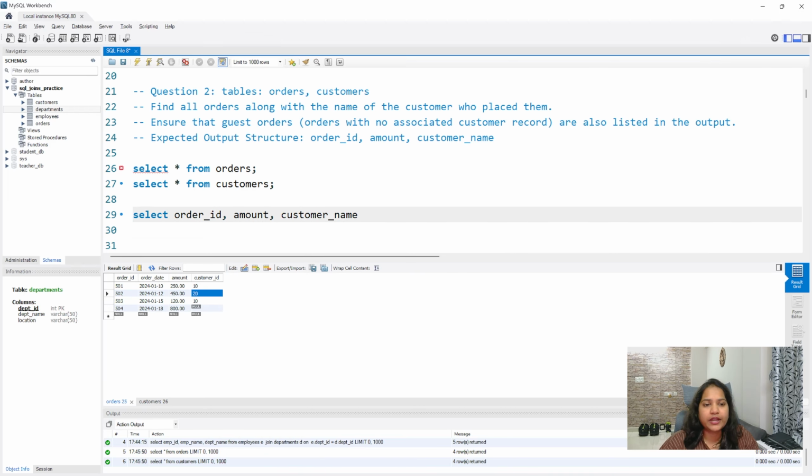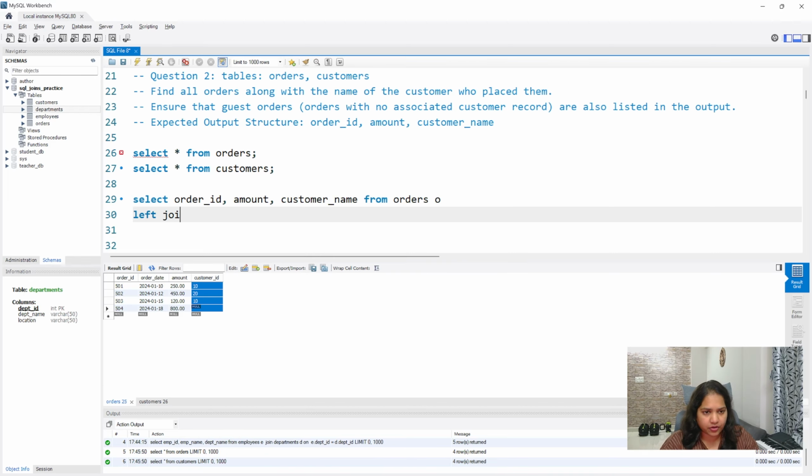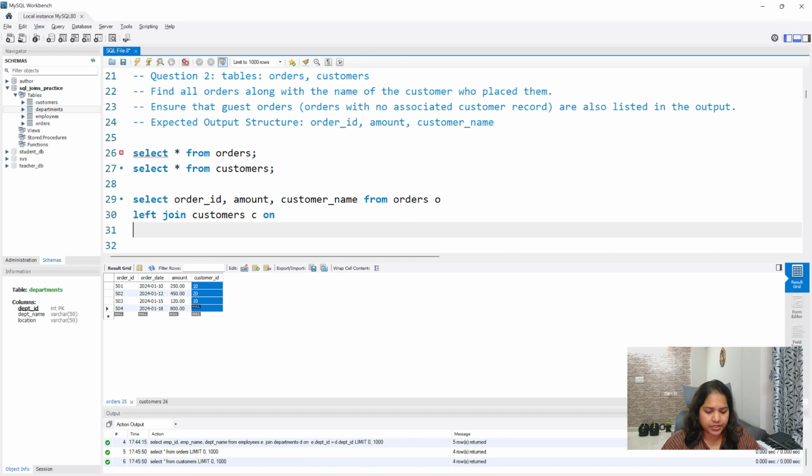Okay. So now you write the table name, and which table is more important to us? We need the order ID. Order table is more important to us because you're getting the order ID from this one, amount from this one, and for this particular customer ID, you are just trying to give the customer name. Okay, so the more importance is given to the orders table. So this will be my main table. Okay, so from orders table, I'll name this as O. Then I'll do a left join with which table? Customers table. I'll rename this as C. On what condition? From O table, take the customer underscore ID and match that with the C table, customer underscore ID.